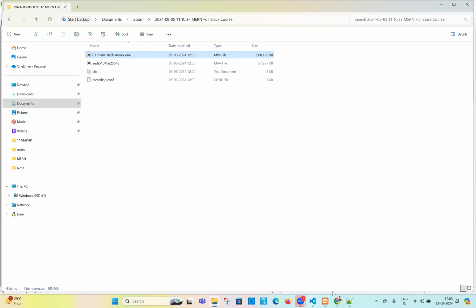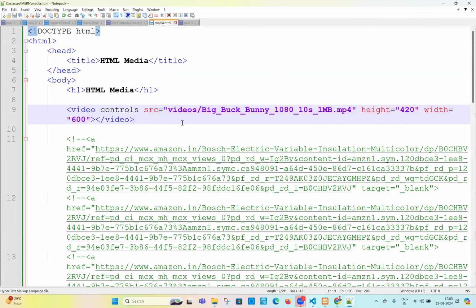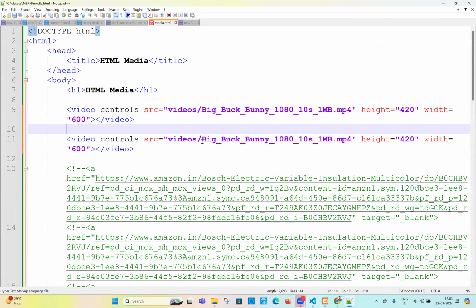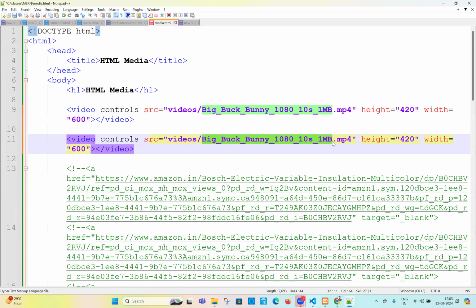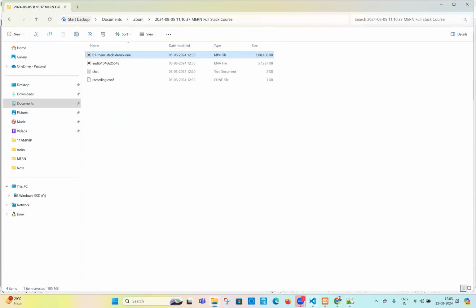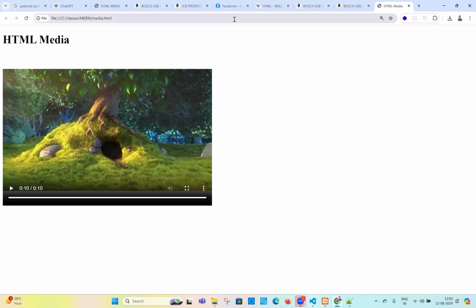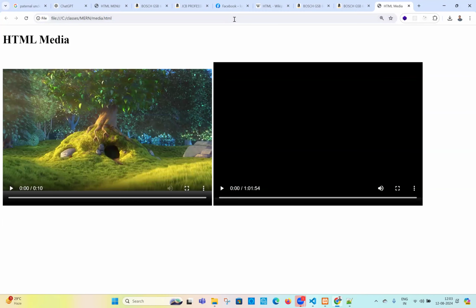Now I want to link this video also. Go to the editor and copy this code. I'm going to remove this path and set my path as 01 MERN stack demo 1.mp4. Now, if you refresh the page, you see the two videos are going to be side by side. Now, video 1 and video 2. And if I click this video,